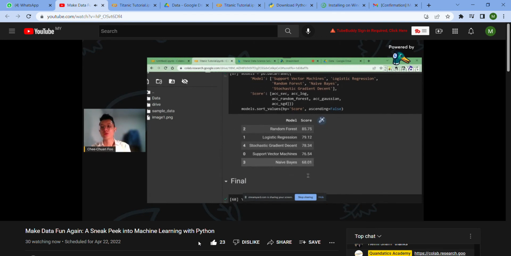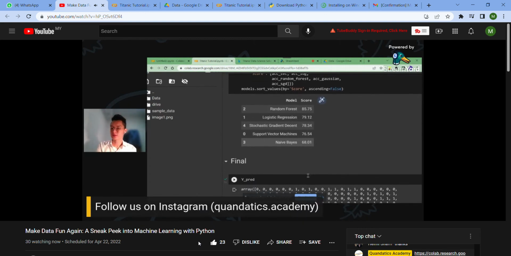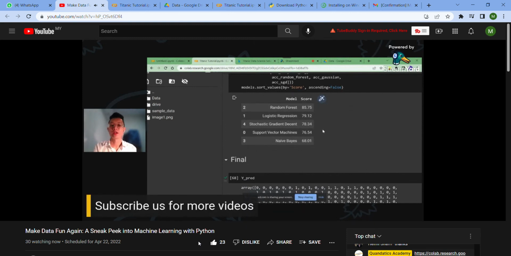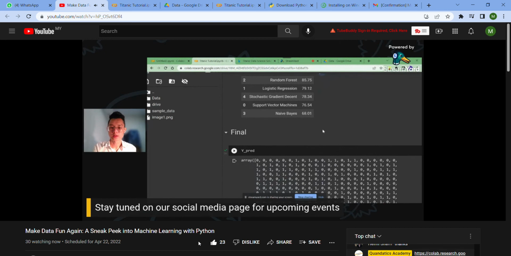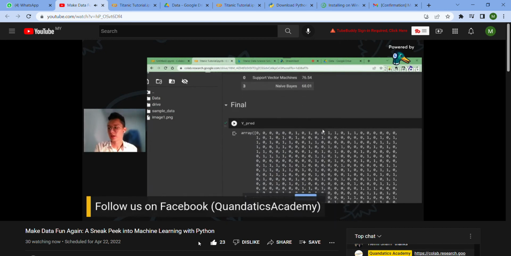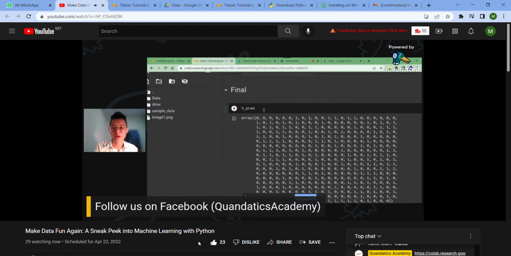In this way, we would compare the models in terms of their accuracy, but in reality, there are a lot of other considerations we need to take note of, not just accuracy. But let's assume that this is good enough. Random forest is our final model that we want to use. Then what's next? Then we are going to make predictions based on that model, right? So our prediction of the random forest is assigned to y_pred,